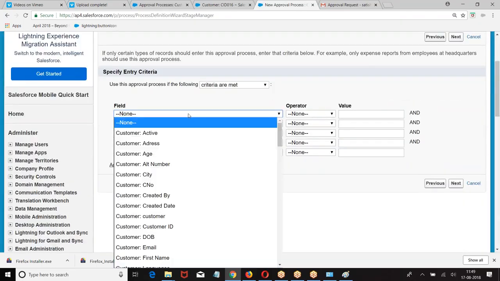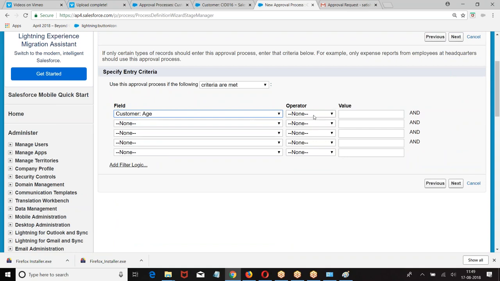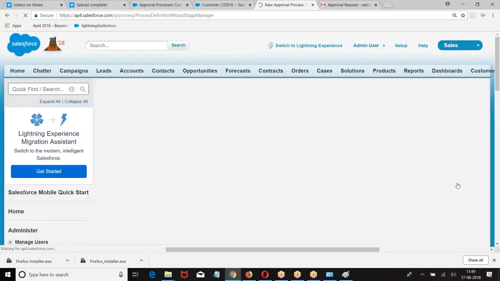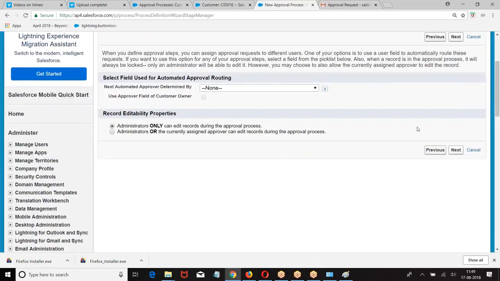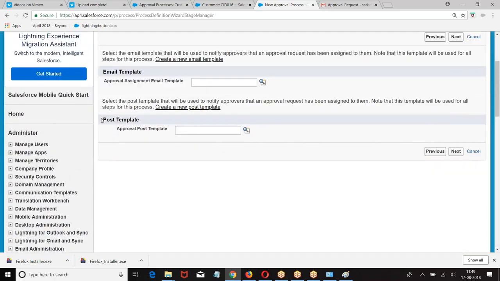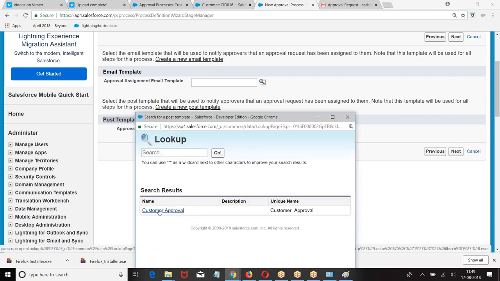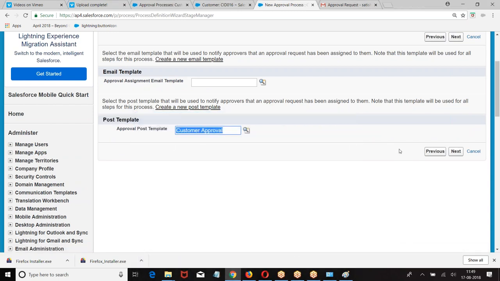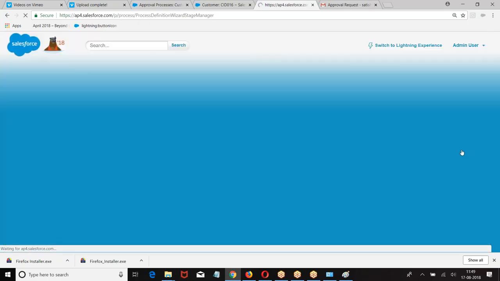Then condition: when age is greater than 60, you can submit the record only when age is greater than 60. Then give next. Now we are getting one extra option. What is this? Post template. This is the Chatter template we created.